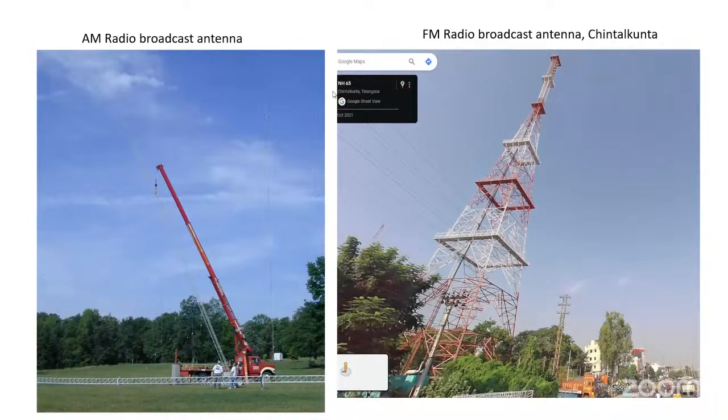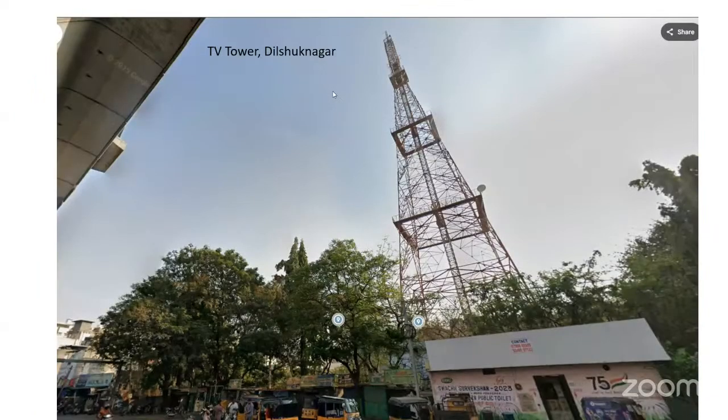I will give some insights into where antennas are used and what they look like. This is another tower, which you see in Dilshuk Nagar, the famous TV tower. It is also one of the biggest antennas, used for broadcasting the Doordarshan signals.